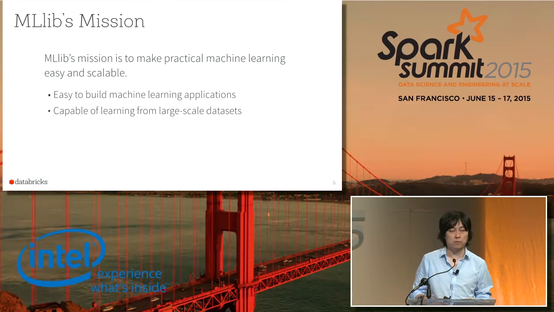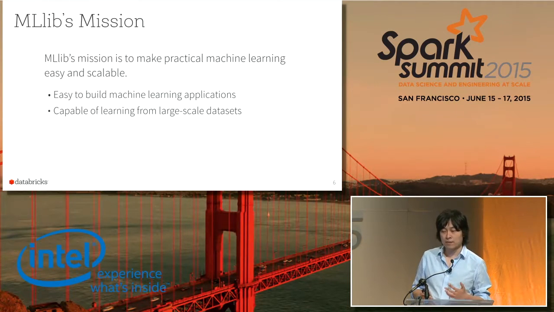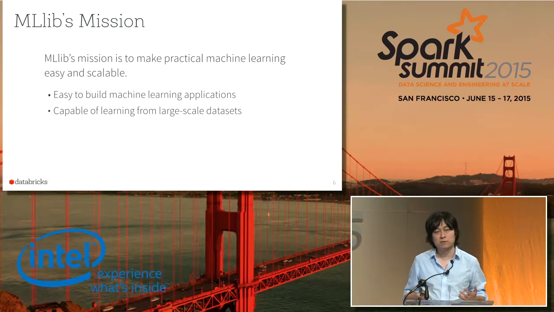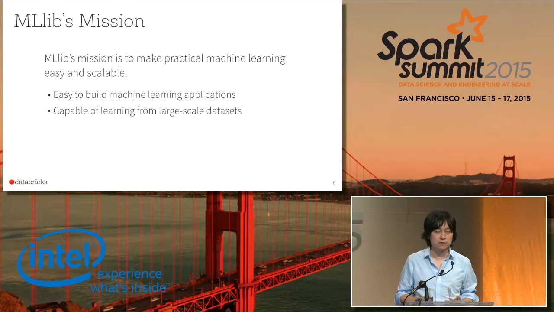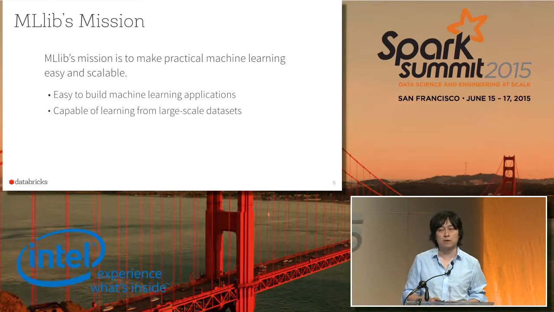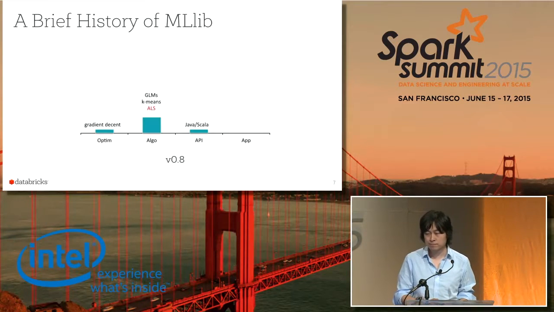The second thing is we really want to speed up our machine learning implementation for large-scale data sets. Joseph yesterday already talked about the pipeline API. That's basically the effort we made to make machine learning easy. And today, I want to dive into the implementation and show that we spent a lot of time and effort to scale up the implementation in MLlib.